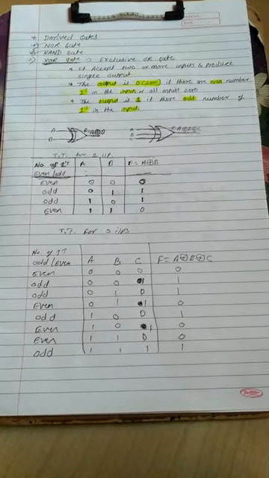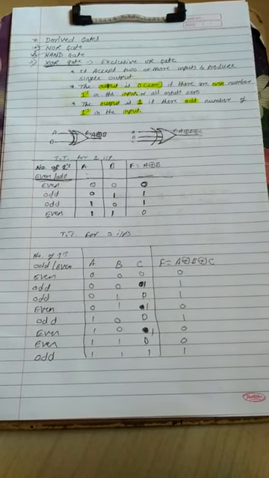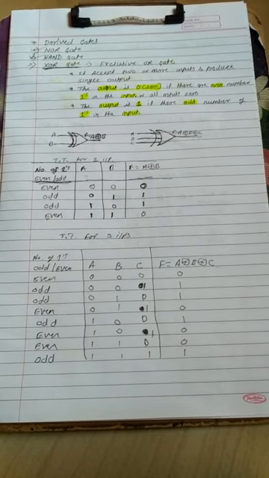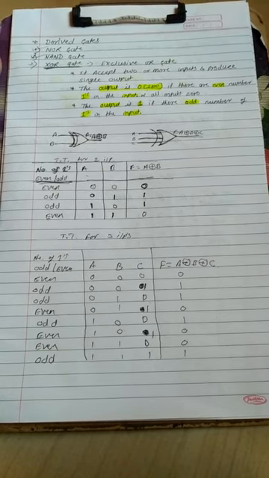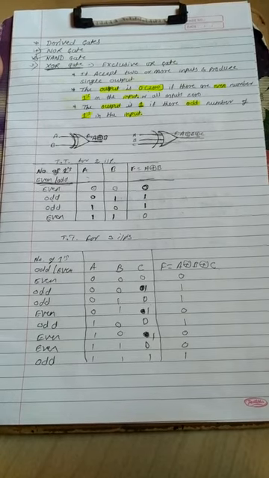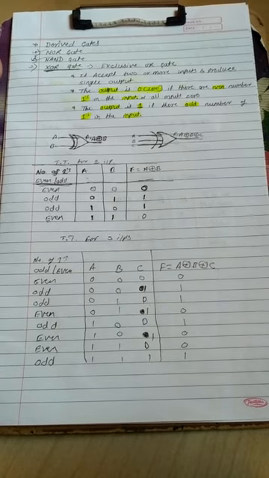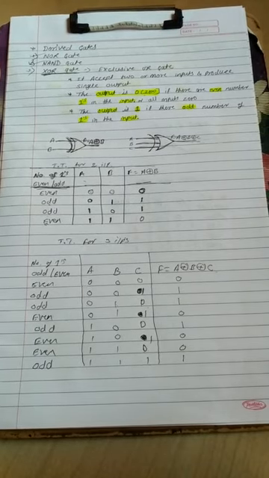Keep in your mind, the XOR gate is also called the exclusive OR gate. It accepts 2 or more inputs and always produces only one output signal. The output of the XOR gate is 0 if there are an even number of ones in the input or all inputs are 0. The output of the XOR gate is 1 if there are an odd number of ones in the input. So this is the definition of your XOR gate. This is the third gate.